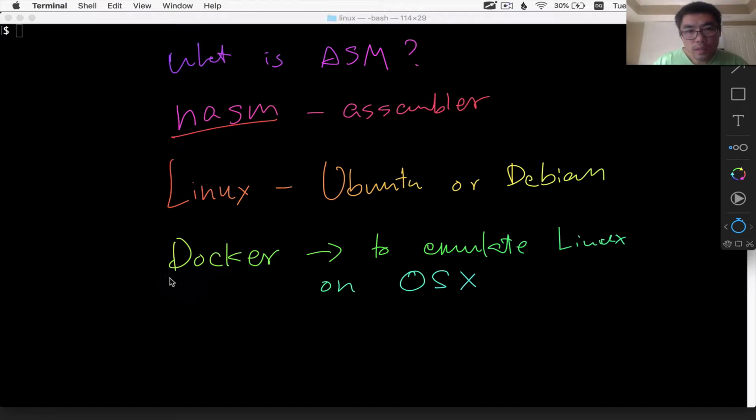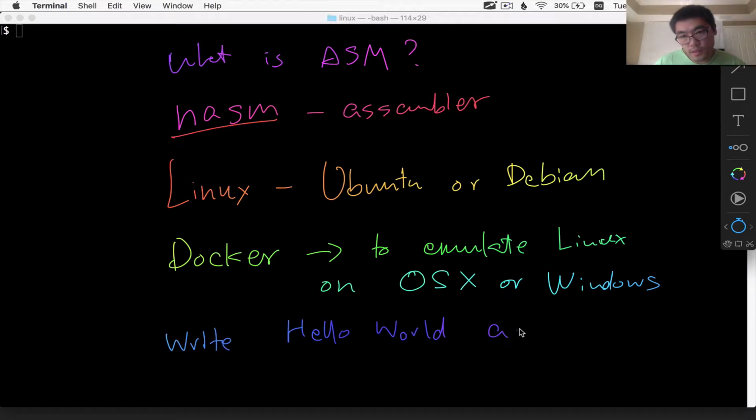Also, I will demonstrate how to get your Docker set up and to have the Linux instance running on your computer. And then finally, hopefully we can get through all of that and write a Hello World NASM program. So let's get started.